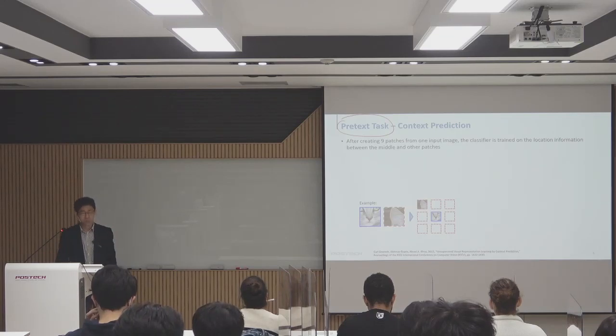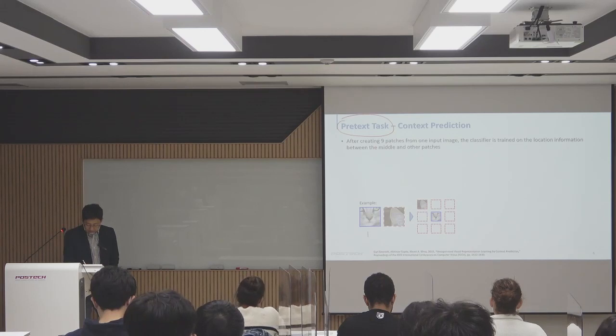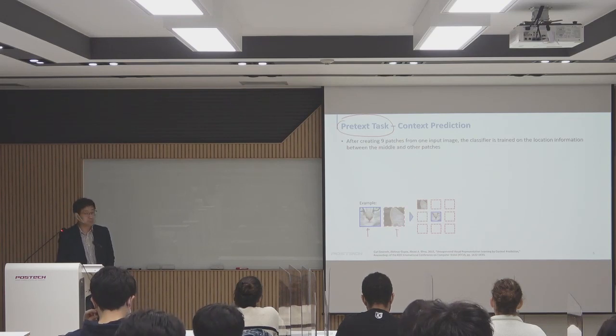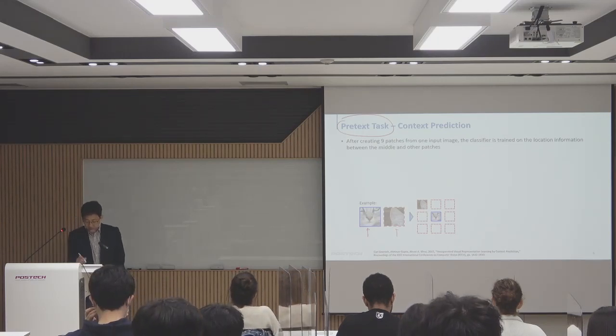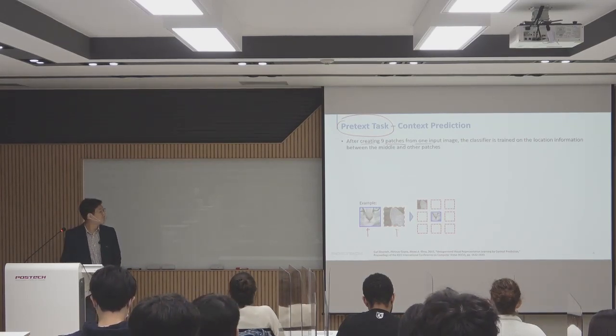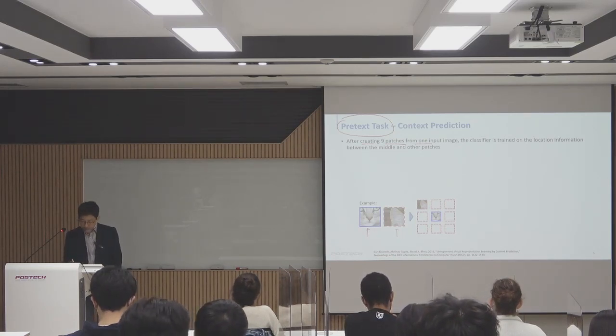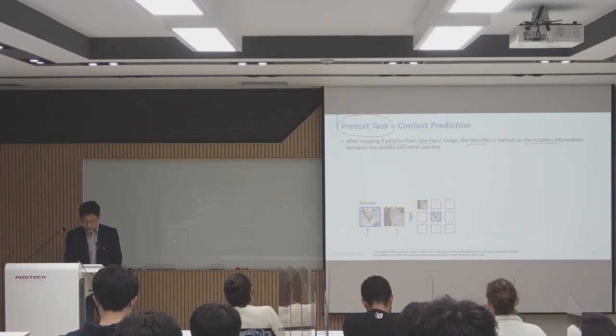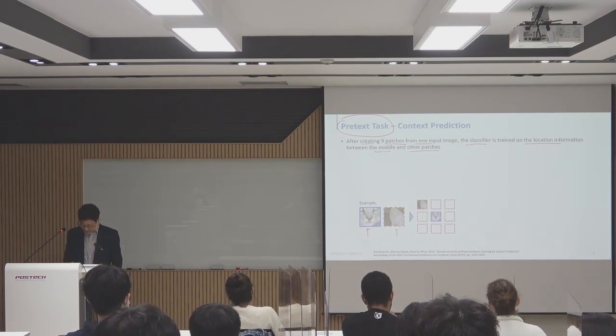Imagine the task that we have is that, suppose these two pictures are given, or patches or cropped images. After creating 9 patches from one input image, the task is that we want to build a classifier to tell the location information between the middle and the other patches. Okay, so what I mean by this is that